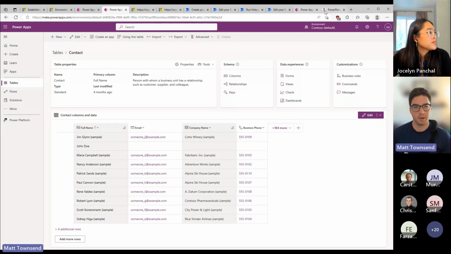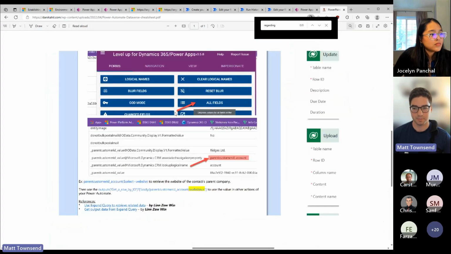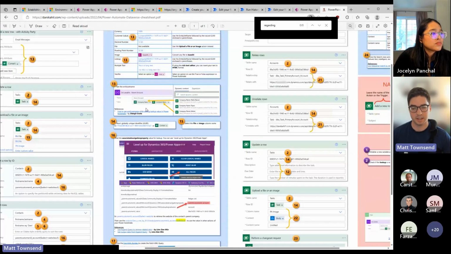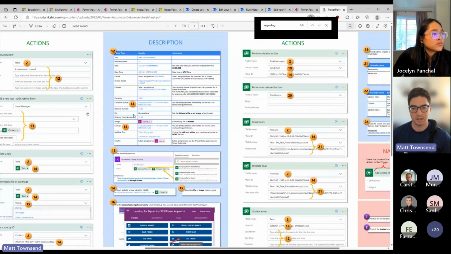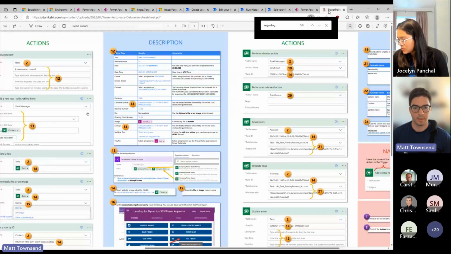Yeah, so I mentioned the Level Up extension, the Dataverse cheat sheet, and XRM Toolbox, another tool that makes it easy, more than just seeing the syntax for things. It has more tools around browsing your tables, customizing attributes and things in different ways, some handy shortcuts that aren't always available directly from the interface today. So sorry, I know that was a very general overview for some of these pieces of Dataverse, but I hope these resources are new and useful to some